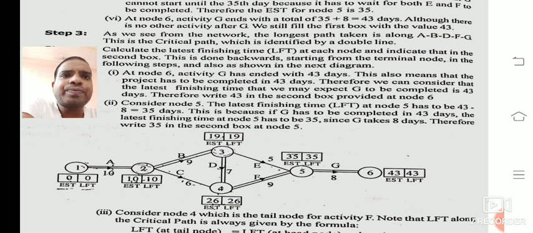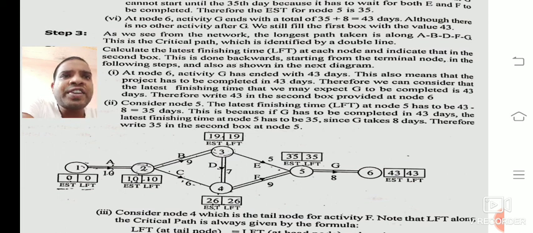Now we need to find out the critical path. How have we moved, please check it. Which one gives the maximum duration, the longest path. That is 1 to 2, 2 to 3, 3 to 4, 4 to 5, 5 to 6. We have moved like this. We can call it the critical path.